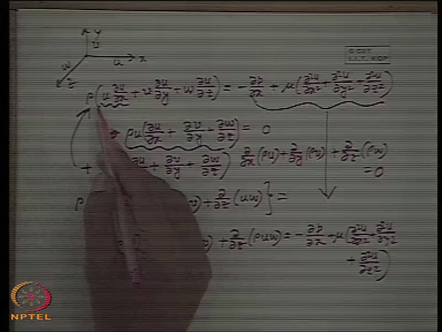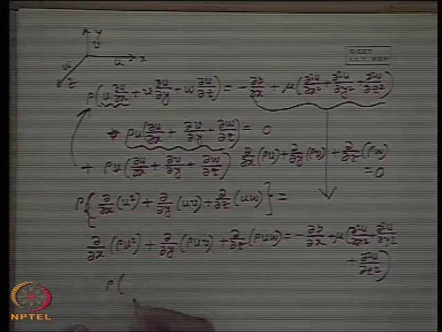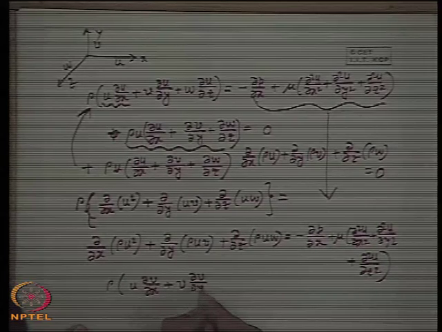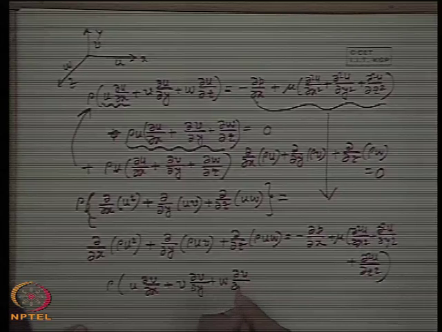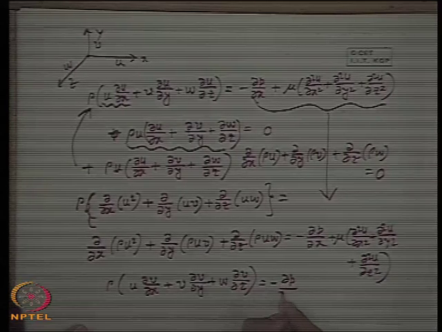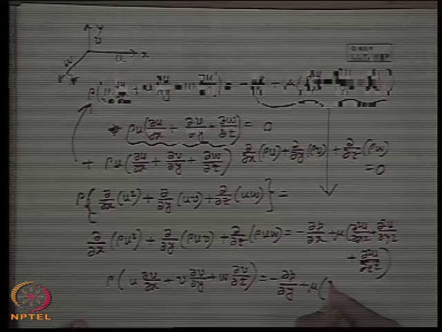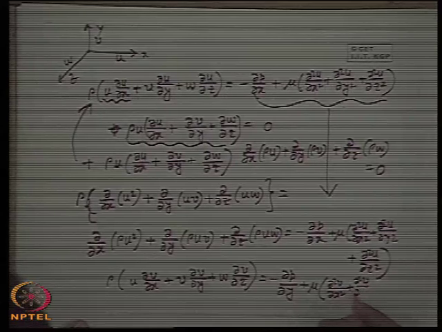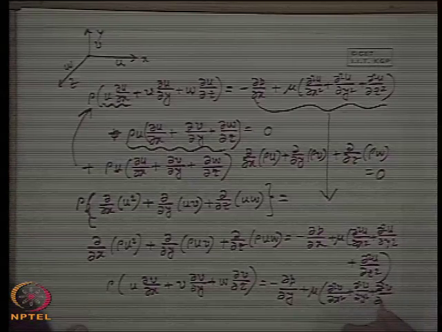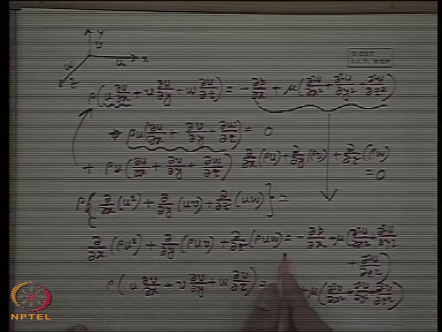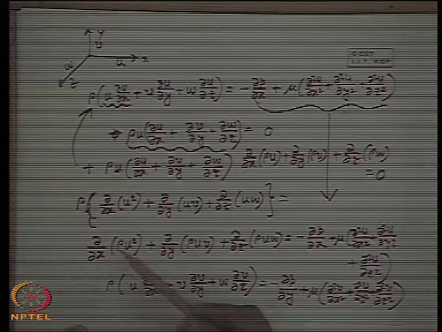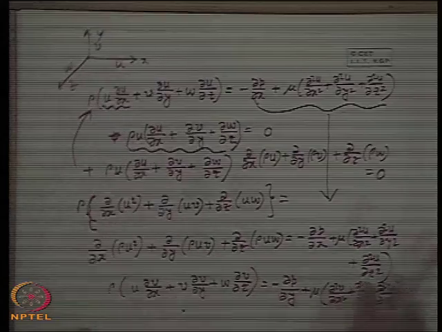Now in a similar way, if we think of the y direction equation: u del v del x plus v del v del y plus w del v del z is equal to minus del p del y plus mu times the Laplacian of the velocity component in the y direction, that is del square v del x square plus del square v del y square plus del square v del z square. This can be written also in a similar fashion by multiplying rho v with the continuity equation and adding it in the left hand side. And this way if we do for all the three directions of the Navier-Stokes equations, ultimately we will come to this type